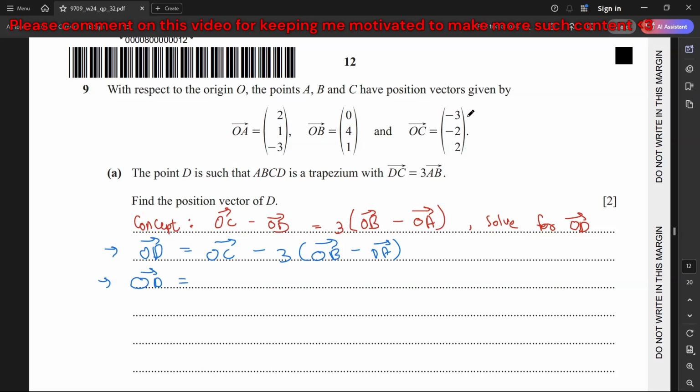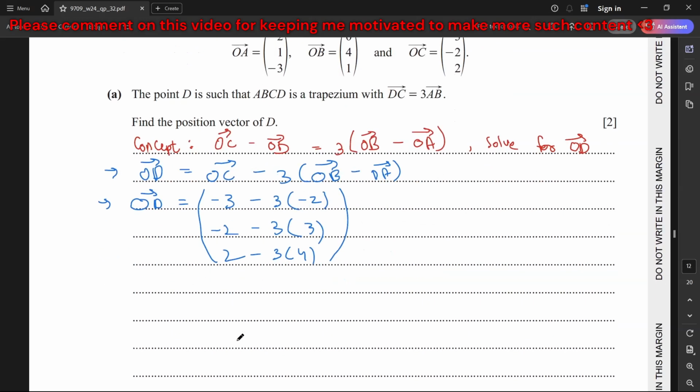And then if I solve this, my OD will be equal to, so OC is minus 3, then minus 3 times OB minus OA, which is 0 minus 2. Then for the y coordinate, I'm going to have my OC as negative 2. Then negative 3 into OB minus OA, which is 4 minus 1, which is 3. And then 2 minus 3 times 1 minus minus 3, which is 4. And from here, therefore my OD comes out to be, so the first one is